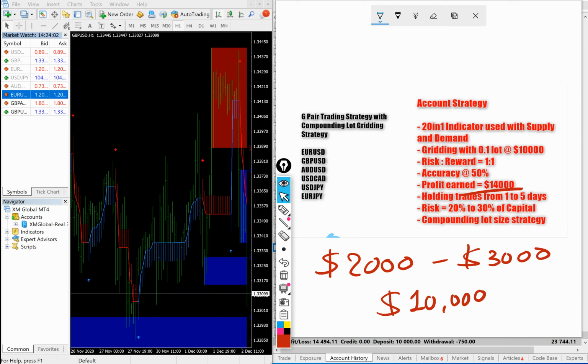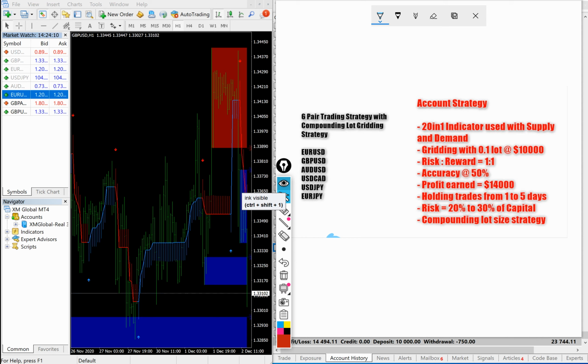And this strategy is not for those who want a profit of 5% to 7% in the month, but this strategy is for those clients who can risk their capital along with making the high profit. And as we have already discussed, the compounding lot size is being used in this account. Now we'll move into the statement of this account,